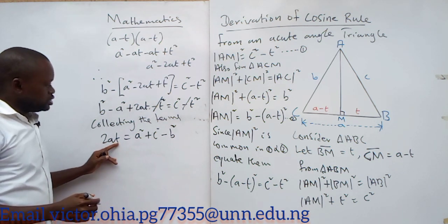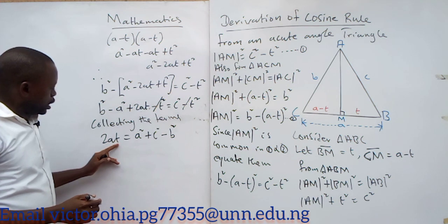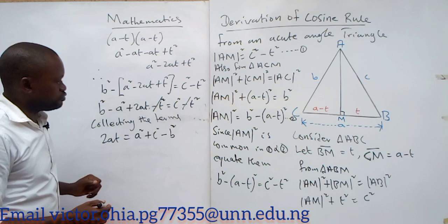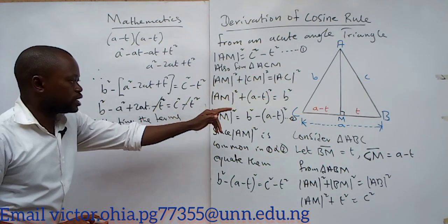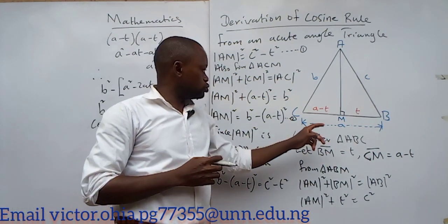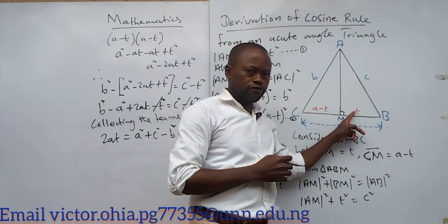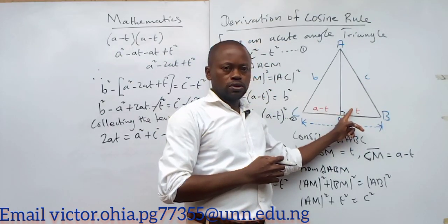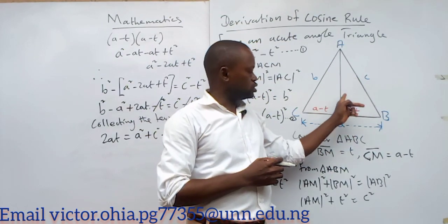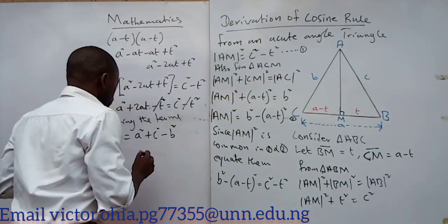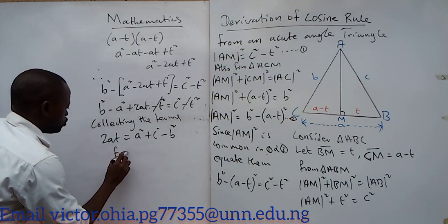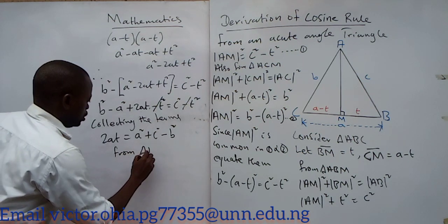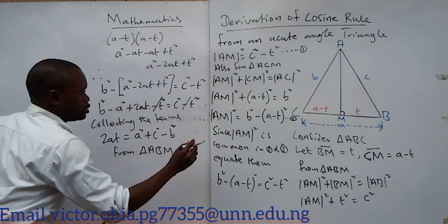Okay, at this point there is t here, and I want to find out what is happening with this t, what actually is going to be the value for t. So I am going to go back to the diagram. You see there is information here that could help me to know what this is. So I will consider this triangle and say from triangle ABM, that's ABM,